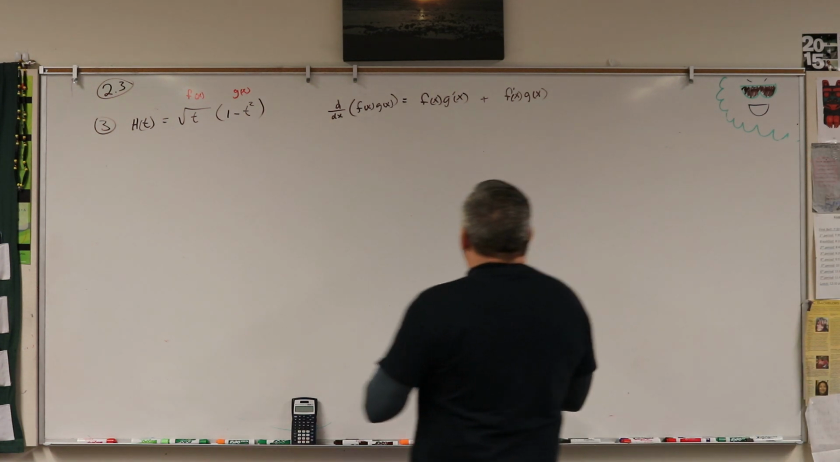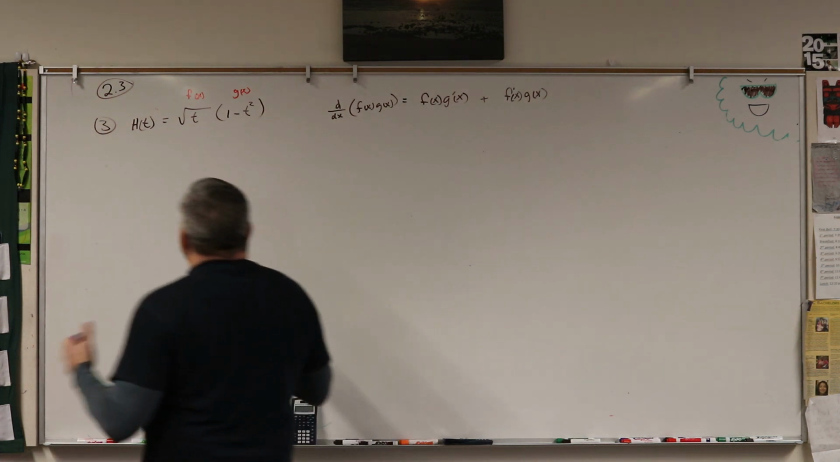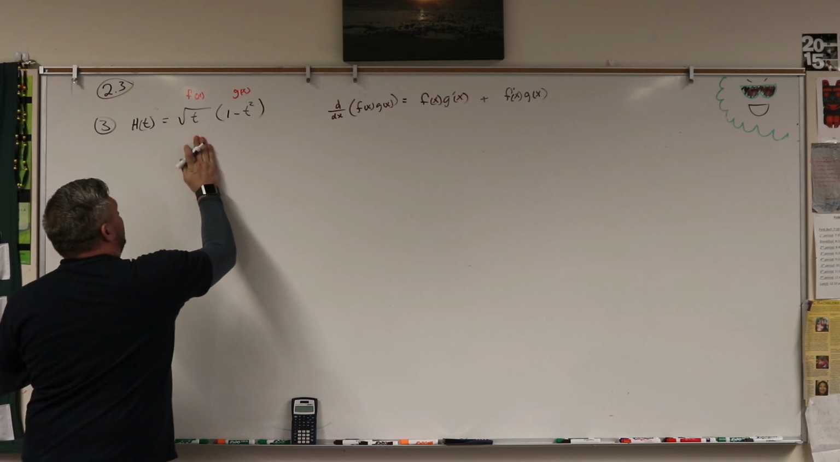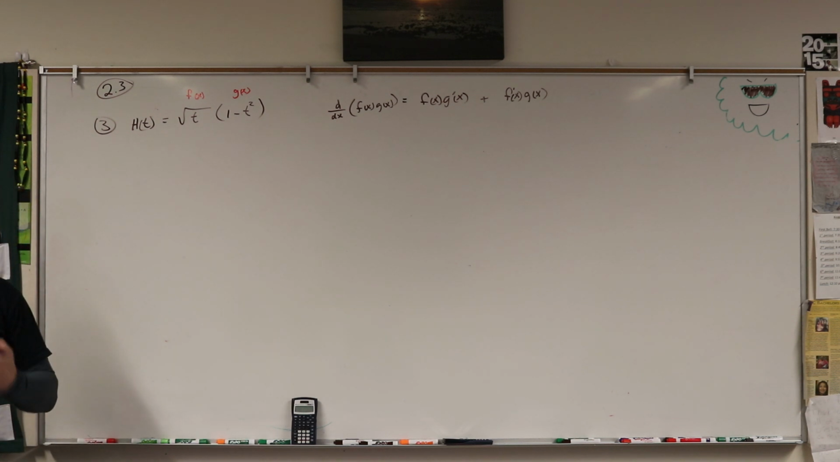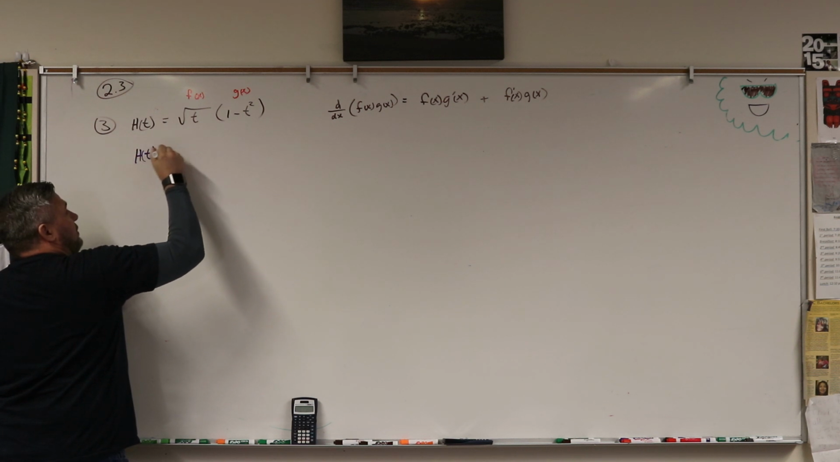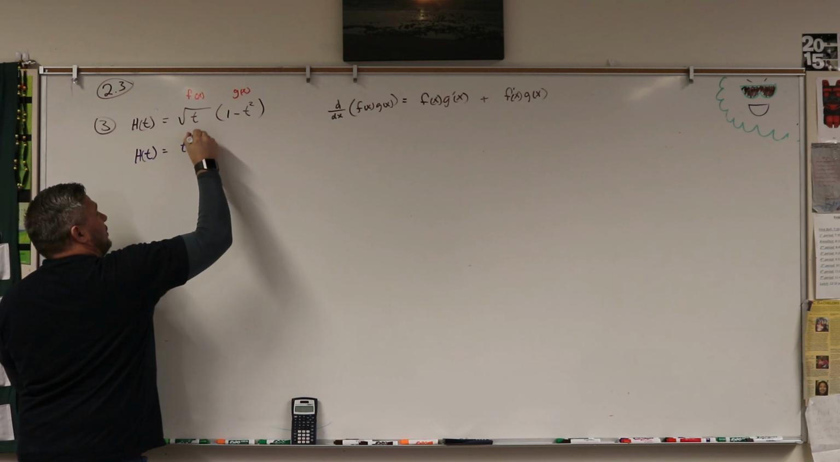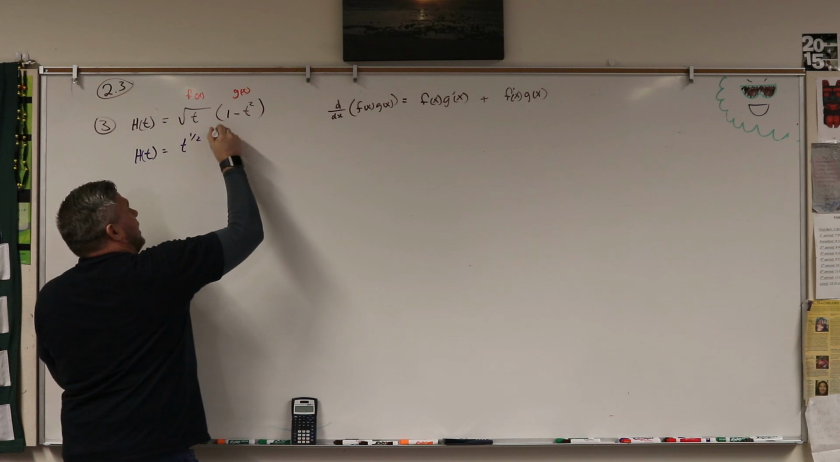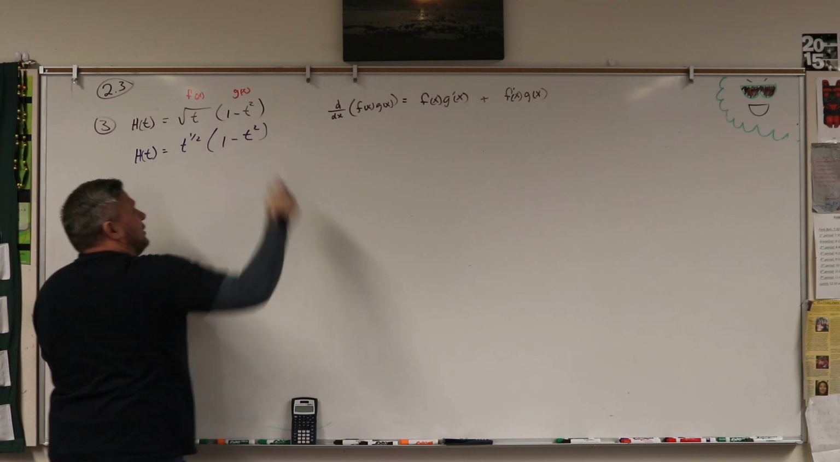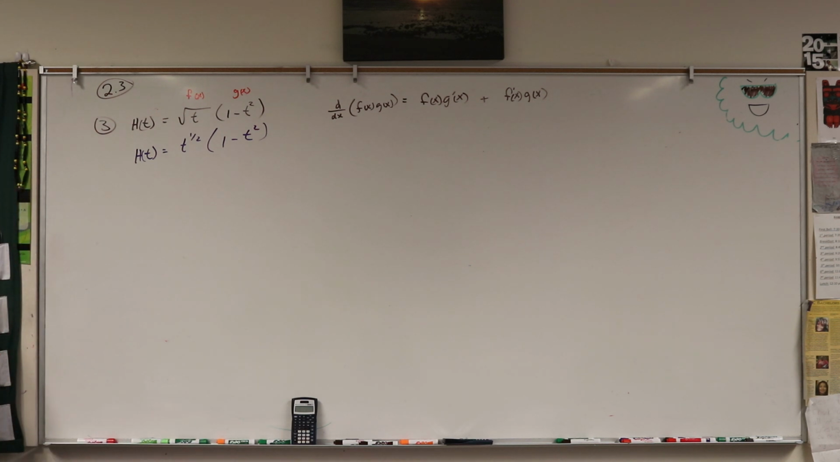Okay? So, the one thing I want to do first is I want to adjust the problem so that it has exponents. So, h of t can be rewritten as t to the 1/2 times 1 minus t squared. Okay? And so,